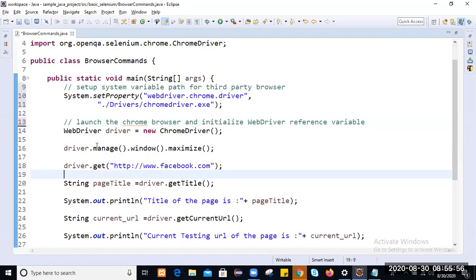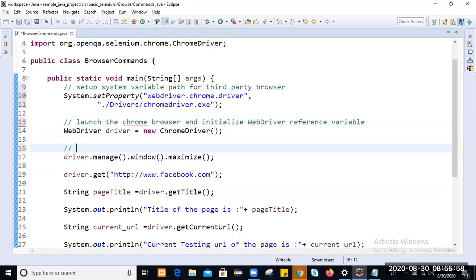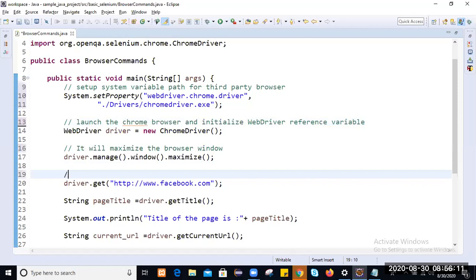Then after that it will maximize the window, and then it will navigate to facebook.com.